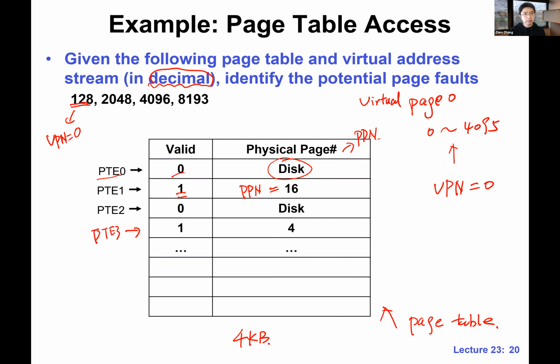You don't even need to translate it into a binary string and then find the first, the most significant 20 bits or 10 bits. That's not necessary in this case. If this is clear, what is the VPN for this one? Maybe let's just talk about the page table. Now that VPN,